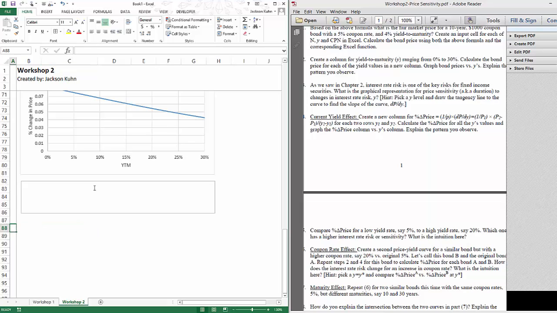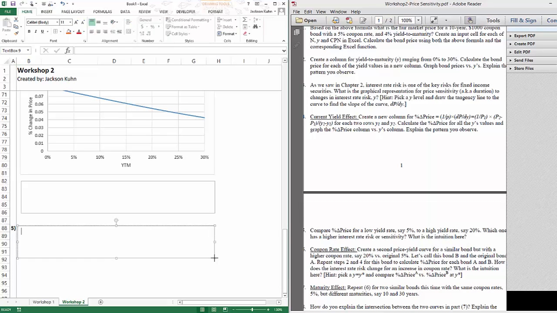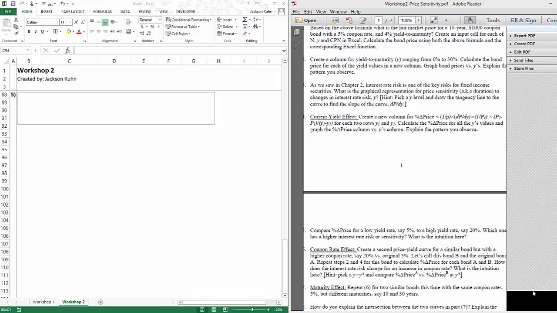So you're going to want to write something along those lines in the text box here for your analysis of question number 5. And again, we are going to find that lower yield rate bonds are more at risk to interest rate changes. In question number 6, we're now going to create a second price yield curve similar to the